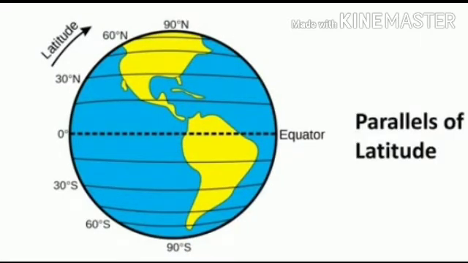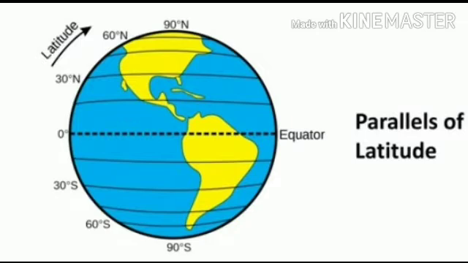As the equator represents the 0 degree latitude, and the distance from the equator to either of the poles is a quarter of a circle round the earth, it will measure 1/4 of 360 degrees, that is 90 degrees. So, from the equator, the north pole and south pole are at 90 degrees. The whole circle is 360 degrees, so each part is 1/4 of the earth's complete degree. Thus, 90 degrees north latitude marks the north pole and 90 degrees south latitude marks the south pole.